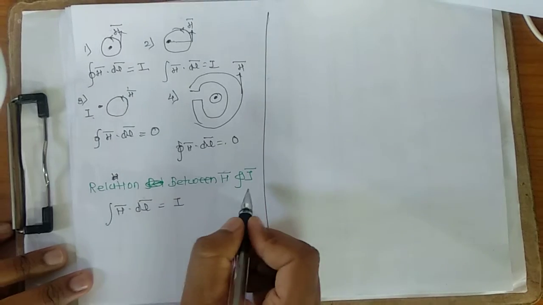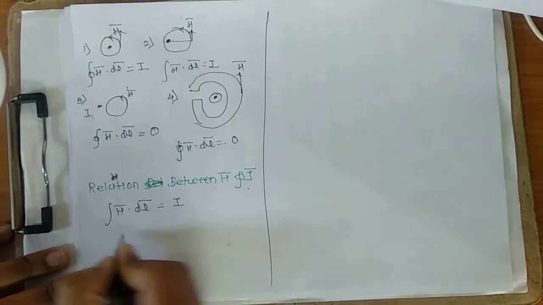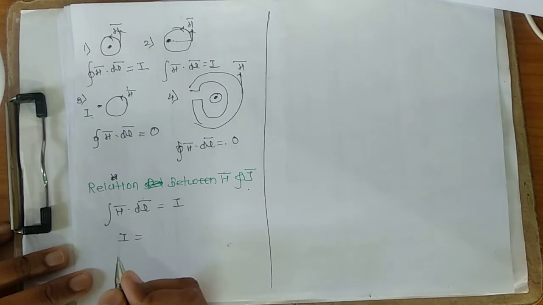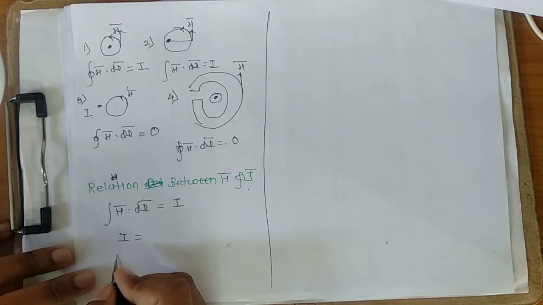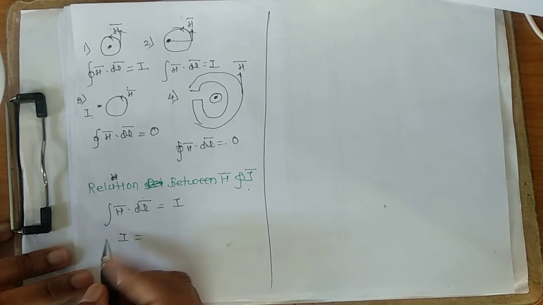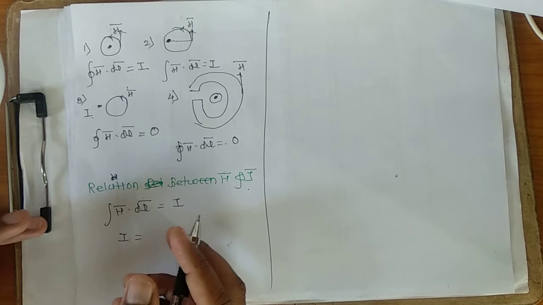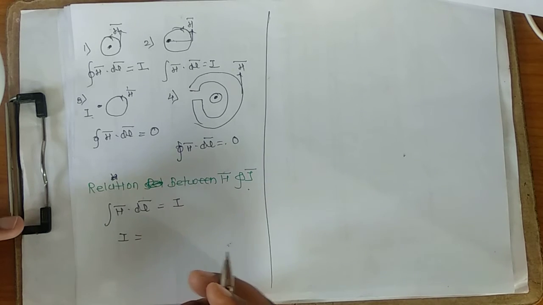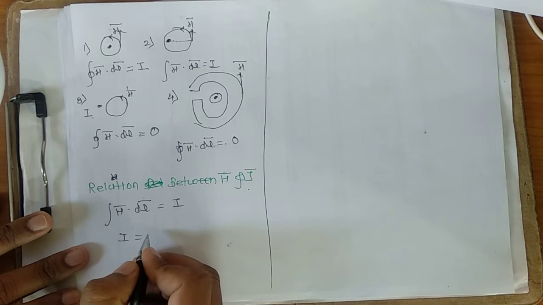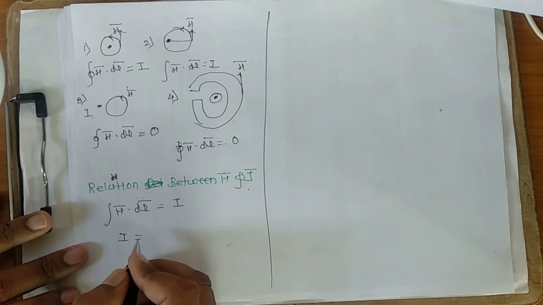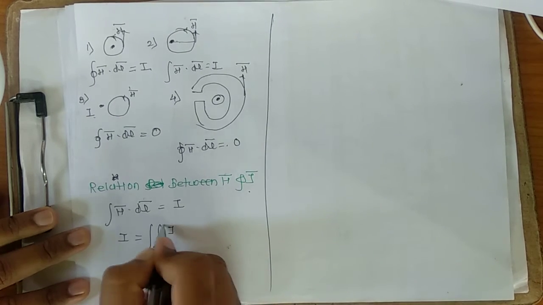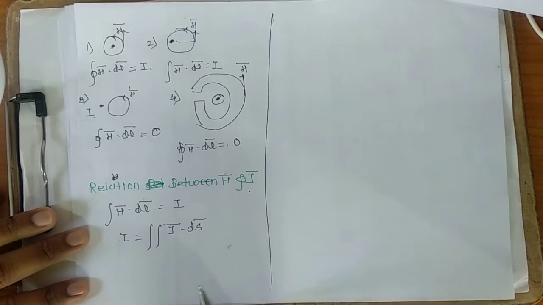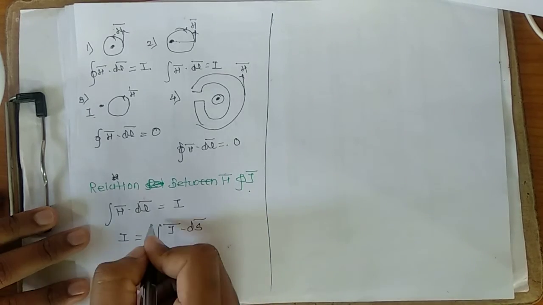Now I has a relation with the J bar. If you represent I with a surface integral, we have seen that current I we can't write as a vector quantity. So for writing that as a vector quantity, we have to see the application. If it is a surface, then we have to use double integration of J bar dot ds bar. Similarly, we have to put this into this equation.